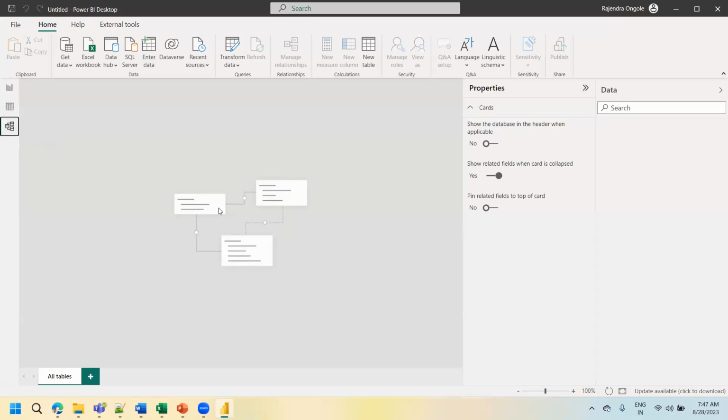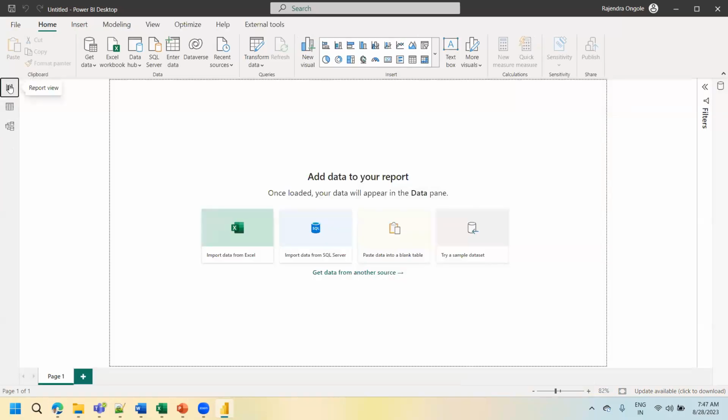So just a kind of watermark images they're providing for us. Okay. So three views are available on your left hand side. We are going to play regularly, as part of the development, in these three levels only. Other than that, as discussed last time, to perform data transformation or data cleansing activities, there